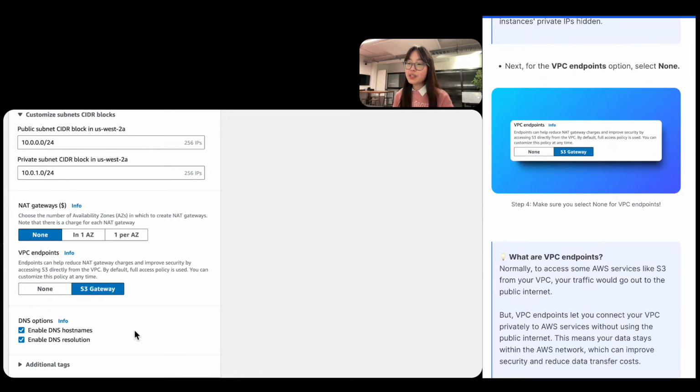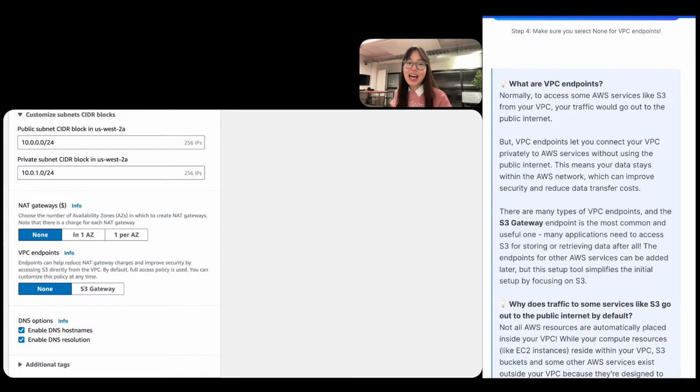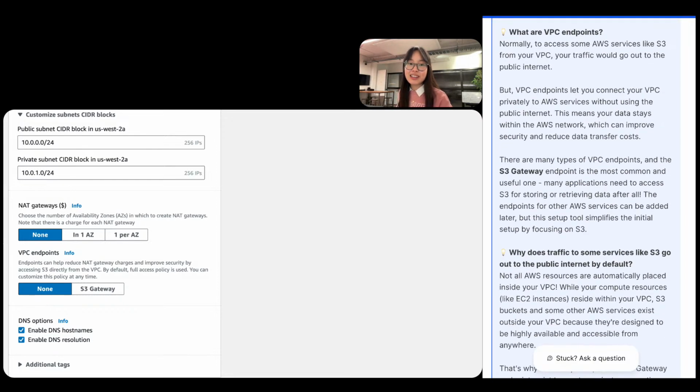With the VPC endpoints option, we're also going to select none here because we don't need them. We haven't learned about endpoints yet. We're going to learn about them later in the series. But in the meantime, we're just going to select none. And in short, VPC endpoints are basically how your subnet or resources in your subnet can get access to some of the other AWS services in your AWS account, like S3,